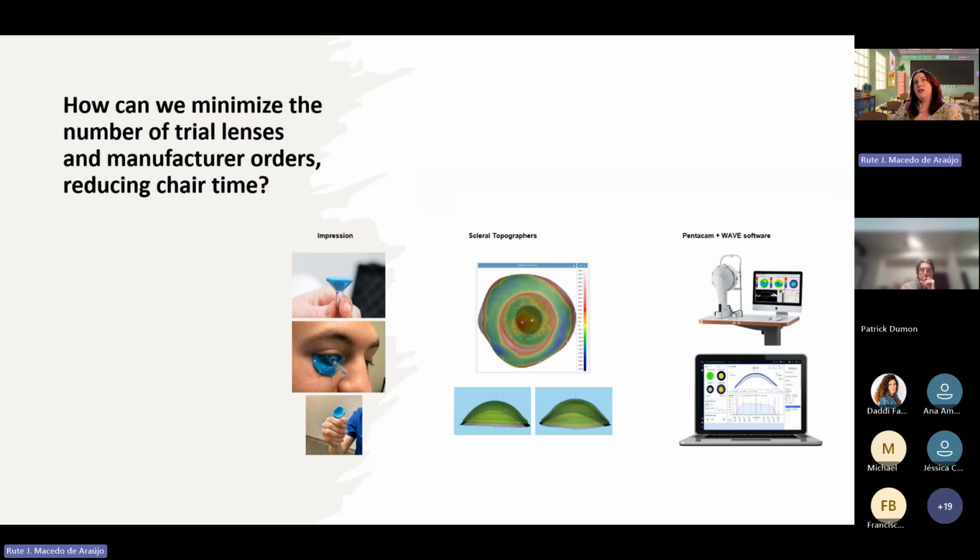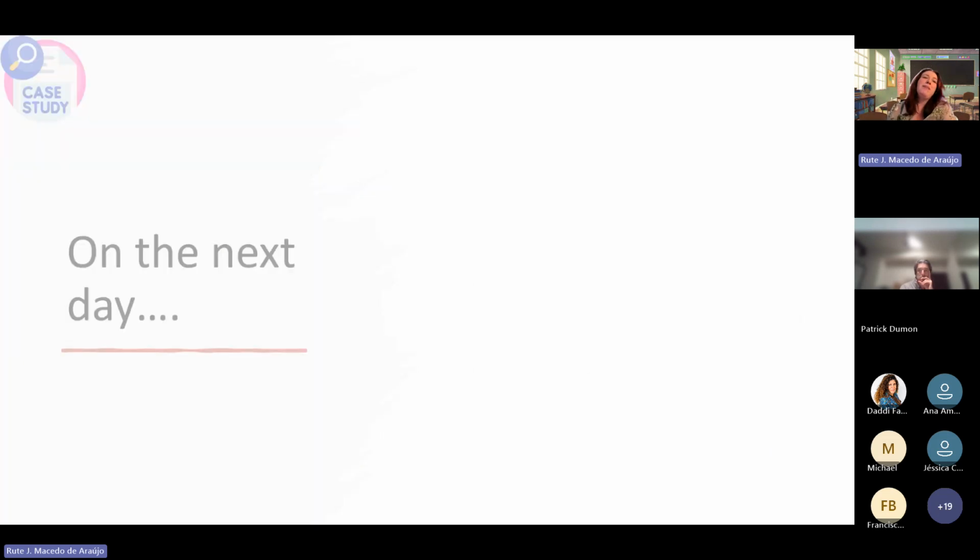So to minimize all this chair time and all these appointments for that patient, of course, that technology will help. But the patient was fitted without that technology as well. So remember that. It will help, but you don't need that. But this case